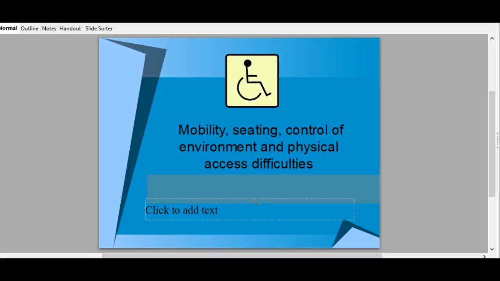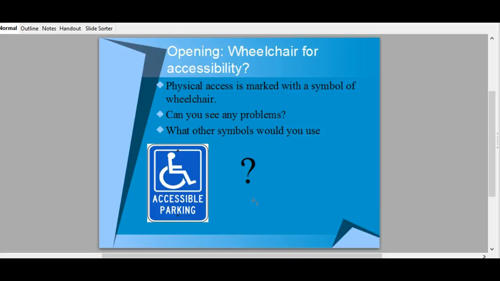Welcome to the presentation on mobility, seating, control of environment, and physical access and its difficulties. I would like to open this PowerPoint and this presentation with a discussion on the symbol for accessibility and accessible parking. So as you know, physical access is marked with a symbol of a person on a wheelchair that is